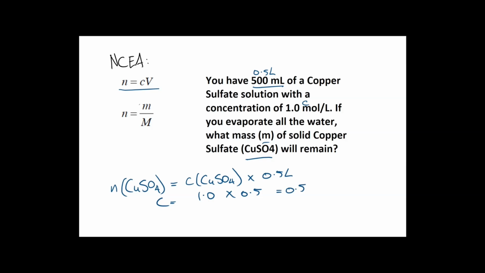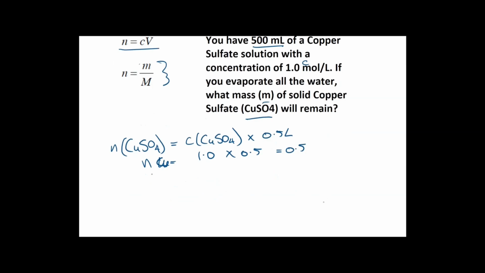Okay. Sorry, the N is 0.5. So then we can come along to this one here and work out the mass. So in order to work out the mass, though, we're going to need to work out the molar mass of that. So the molar mass of copper sulfate